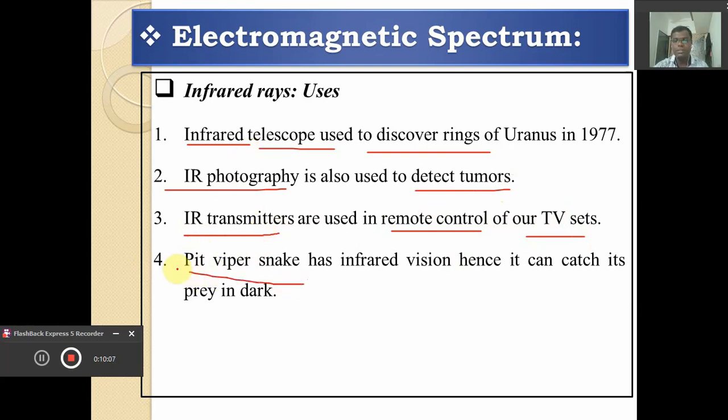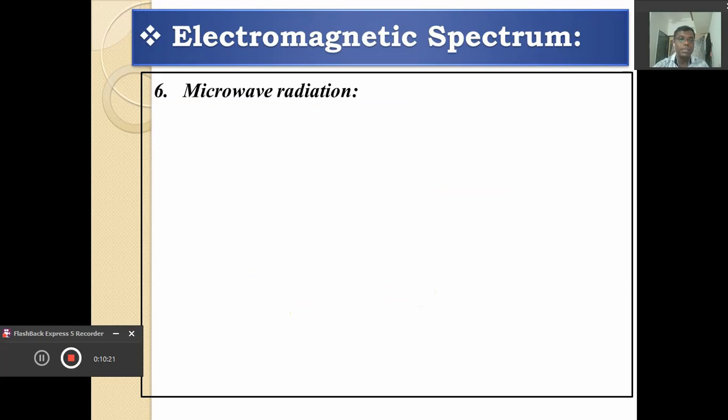Again, there is one animal, particularly the pit viper snake, which has infrared vision, due to which it can catch its prey in the dark, meaning at night also. So here, the next